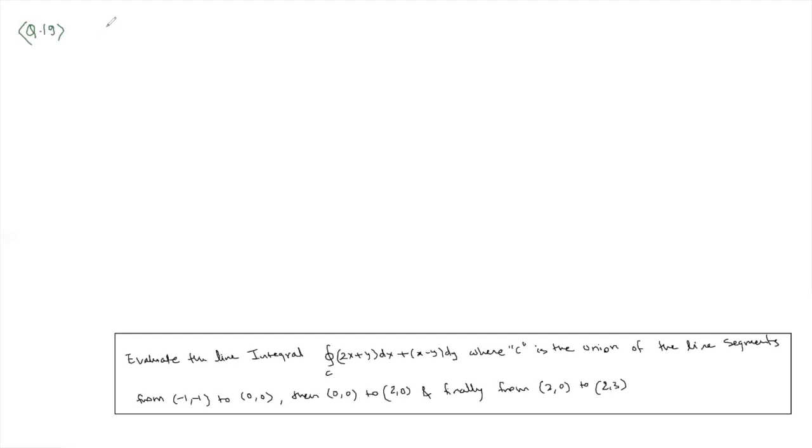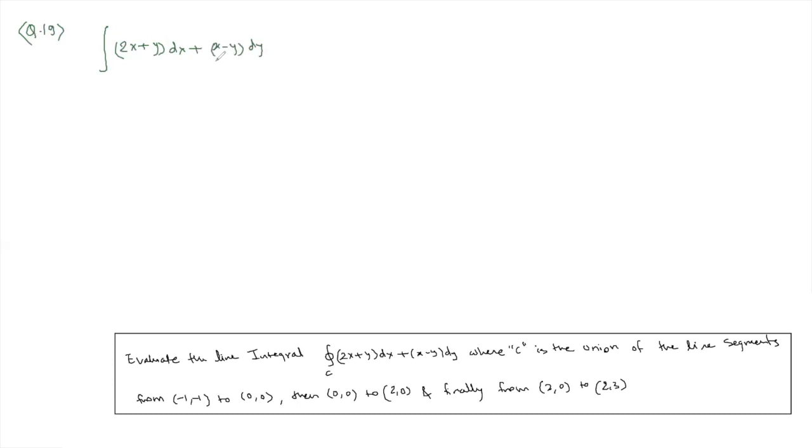Let's do 19th. That's easier to understand. Okay. Question 19. Can you read the question? Evaluate the line integral over C of (2x + y) dx + (x - y) dy, where C is the union of the line